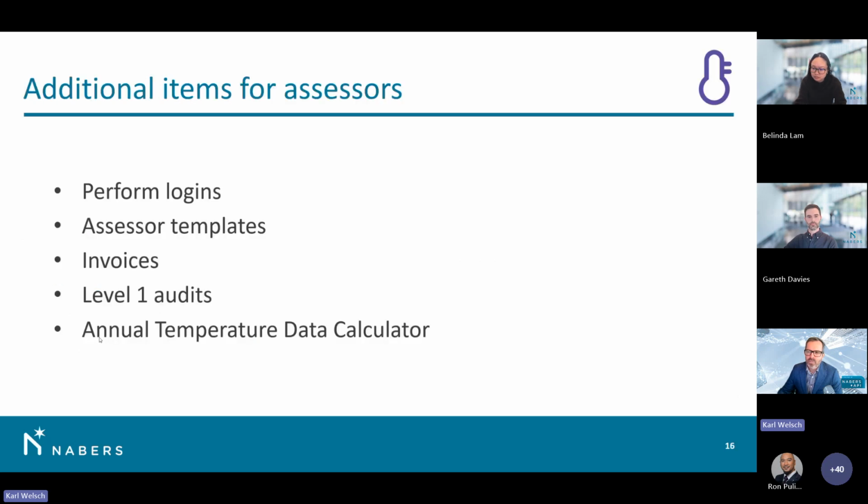Back to our list of additional items, and the last one on the list there is the annual temperature data calculator. So we still do need to use the calculator to summarize the BMS data and calculate the compliance with ASHRAE 55. There's just a larger volume of data there that we can't be putting into the Perform platform, and that spreadsheet does need the macros to do the calculations.